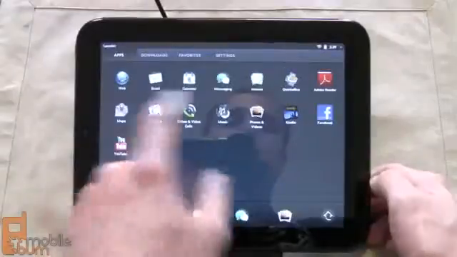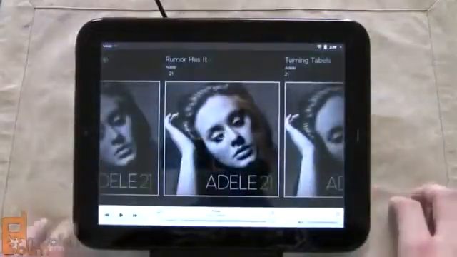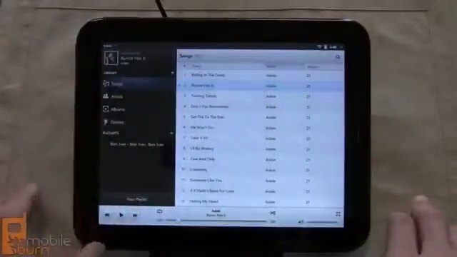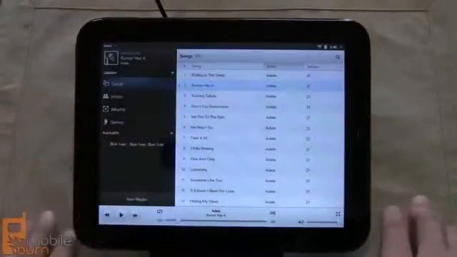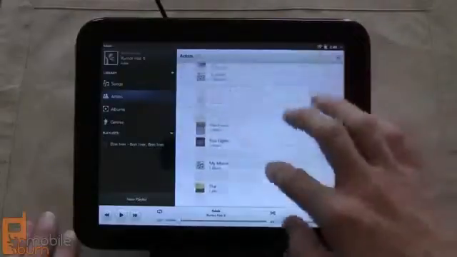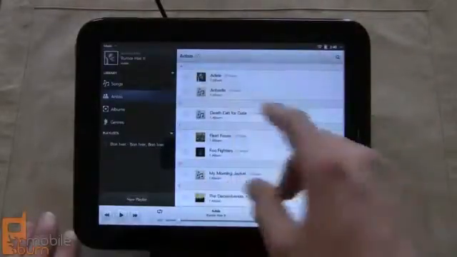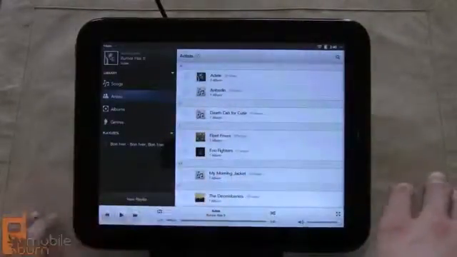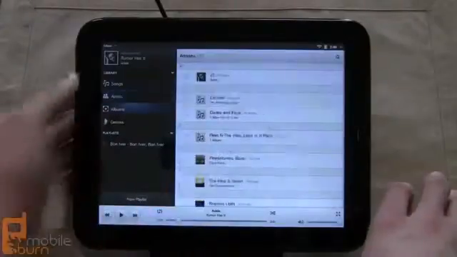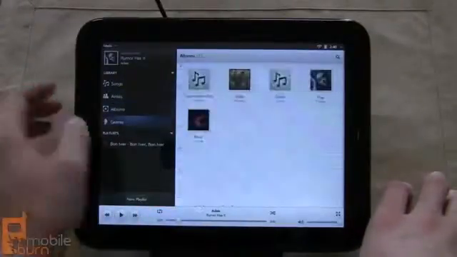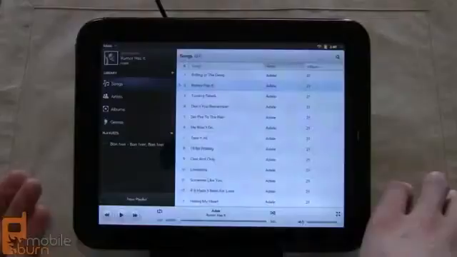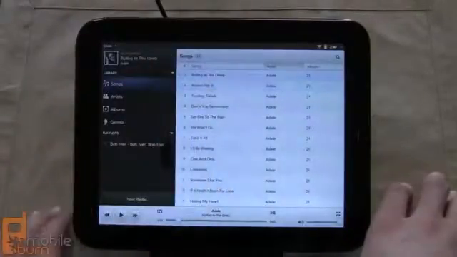Music application is pretty nice. It's on the touchpad itself, and you can access by artists, and it'll show you some album art there if it recognizes it. It doesn't recognize it on all of them, unfortunately. You can also browse by albums and genres, and then it's just by songs. And if you play a song,